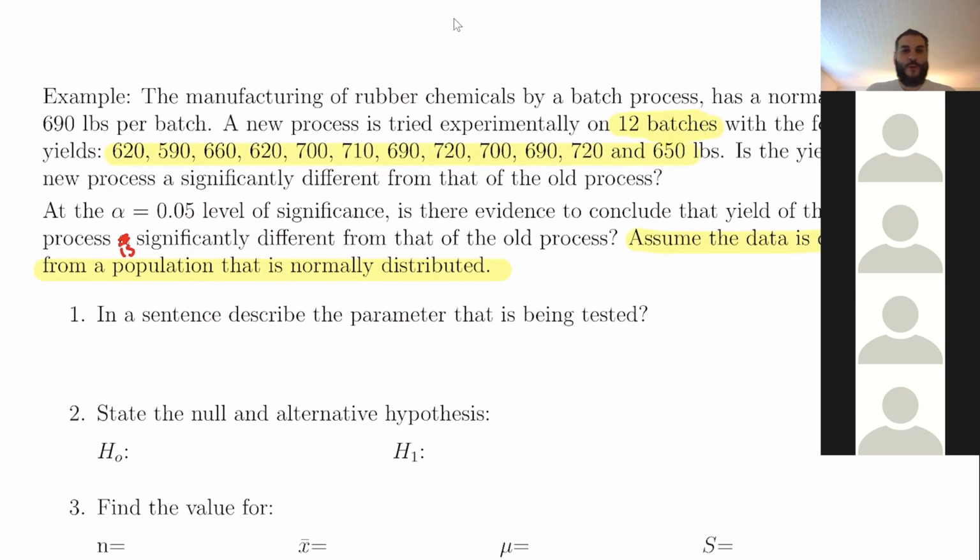The first thing you want to do is describe the parameter that is being tested. The parameter being tested in this case is the mean yield of